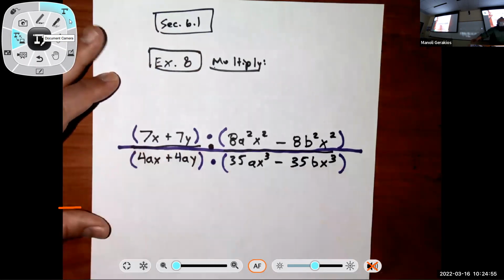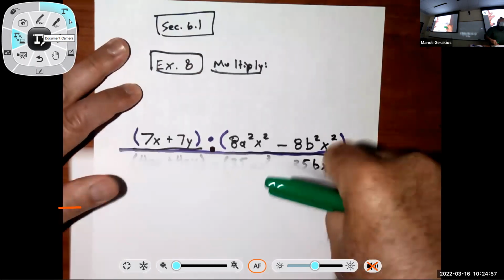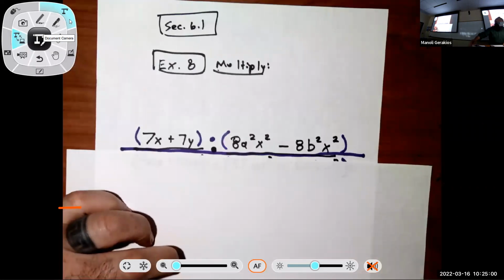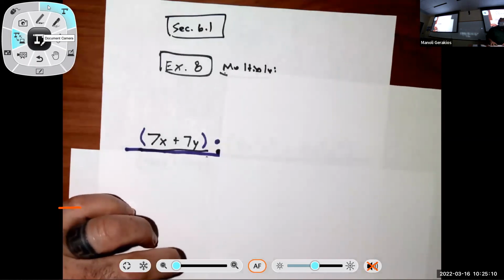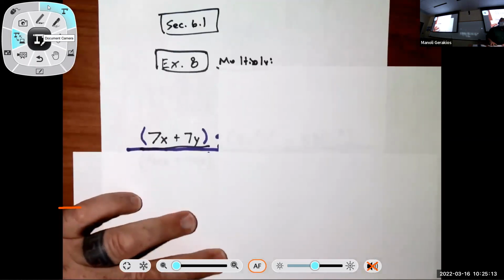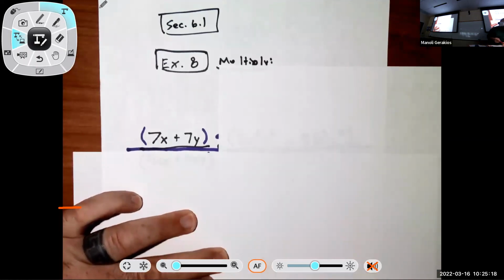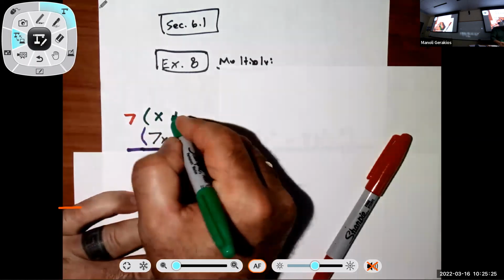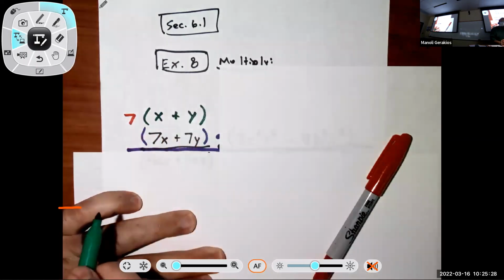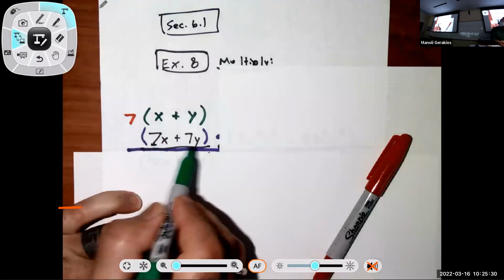Factor this guy. Sometimes it helps to block off everything, because you've got 4 polynomials. This is just a trick. You can do this mentally, or you can do it physically. Literally block off everything in your mind except one of them. So I see that maybe there's a GCF, right? Seven can come out, x plus y. Does that look good? Like if I factor out the 7 from both of these terms,